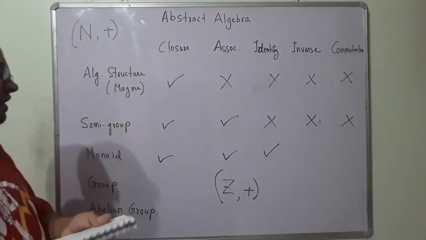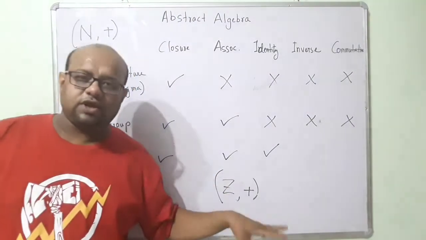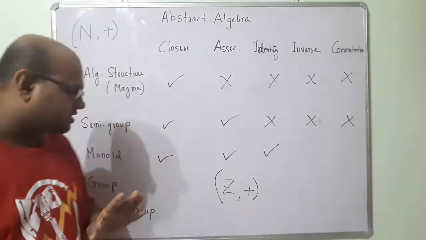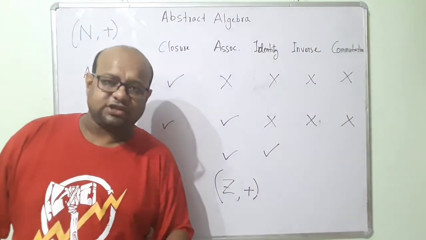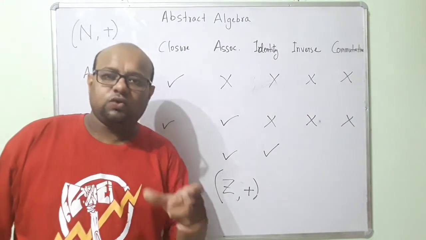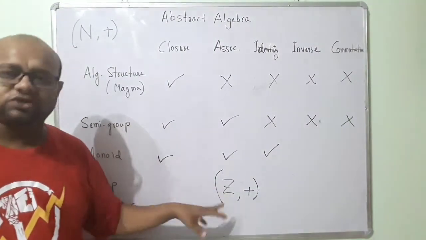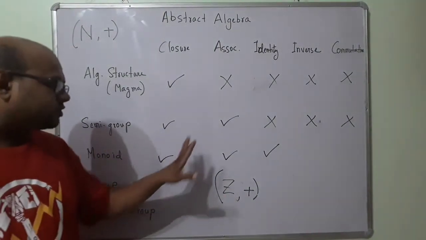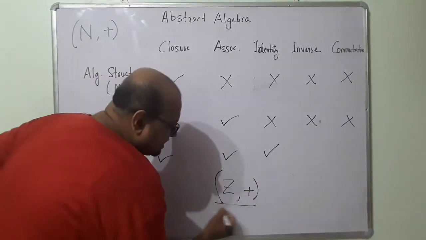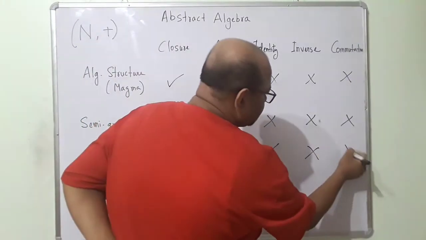The set of integers under this operation addition. Okay. Now this is closed. When I add two integers, I will get back an integer. Addition is associative. Okay. Now this identity, element 0, it belongs to the set of integers. Now this additive identity belongs to Z. Okay. For this reason, all of these properties are satisfied. Because of that reason, this is a monoid. Okay. Now inverse and commutative does not matter.